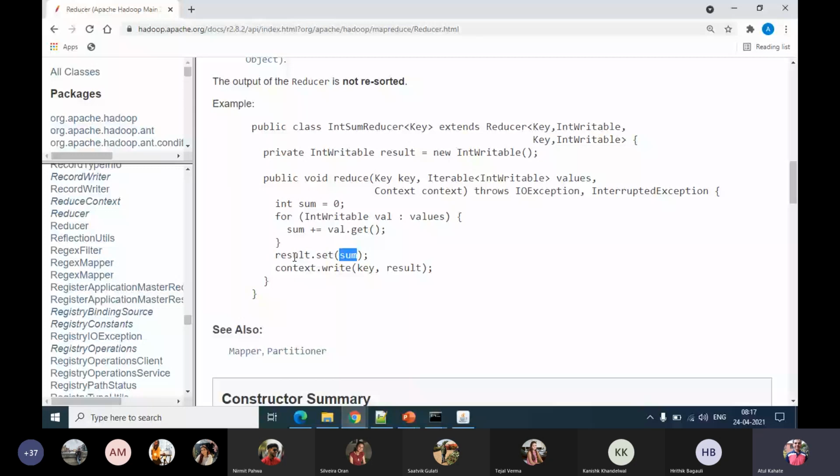So sum is int, which means result that we are writing here is int writable. So here result has been initialized to, so that is the output key output value, which is int writable.